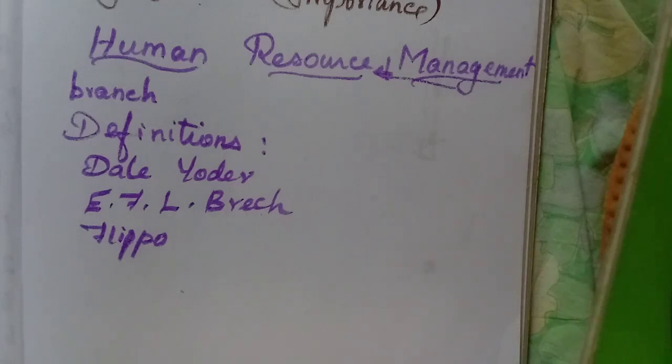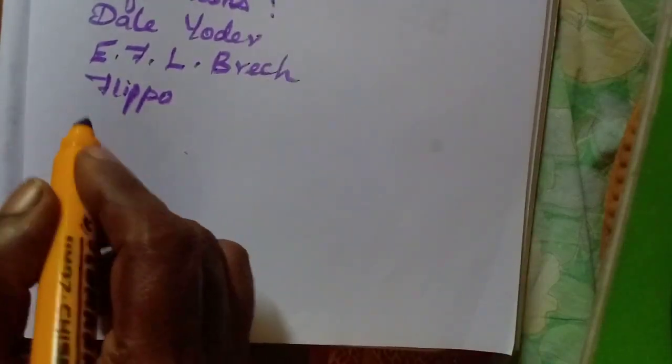Okay, this one is a clear definition you can learn. The personnel function, human resource management, as the personnel function that is concerned with the procurement, development, compensation, integration, and maintenance of personnel of an organization for the purpose of contributing towards the accomplishment of that organization's major goals or objectives. Okay, I think you might have understood these definitions. Now we will learn about the features.